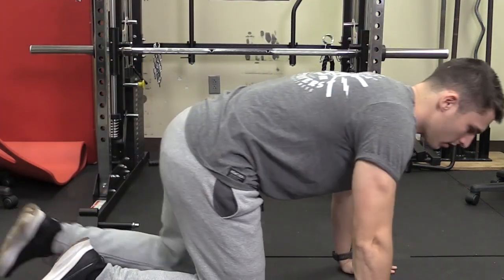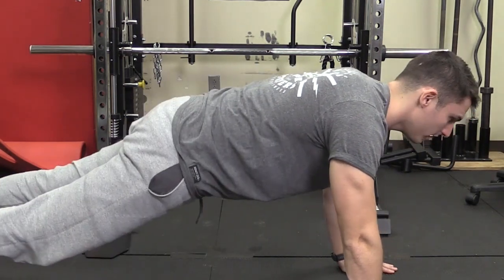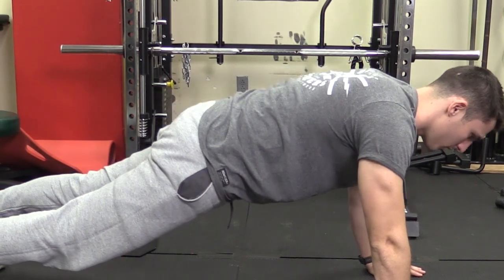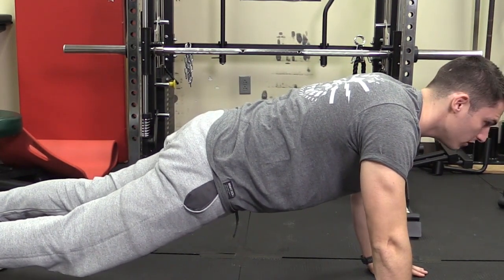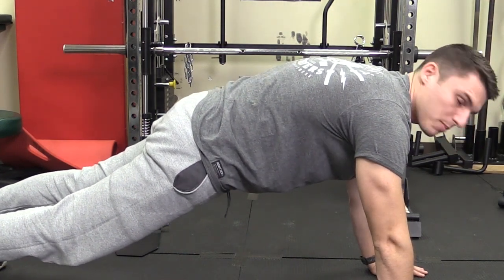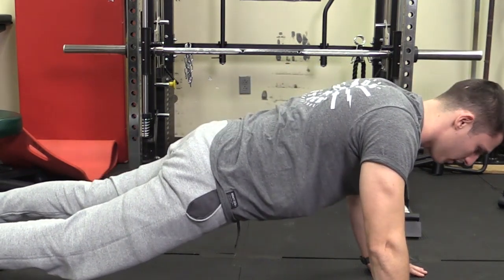position, and we're going to hold this high plank here, and then we're going to protract our scapula upwards and then bring it back down to neutral. Again, it's a very slight movement, but you will protract your scapula upwards and then bring it back down to